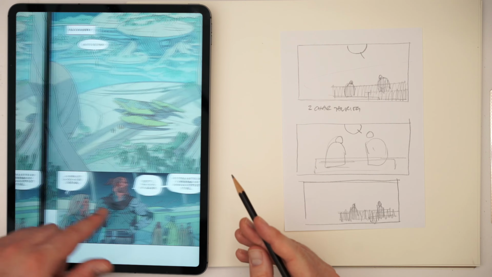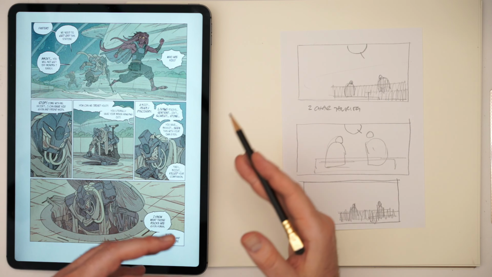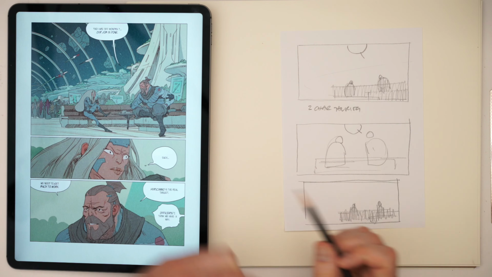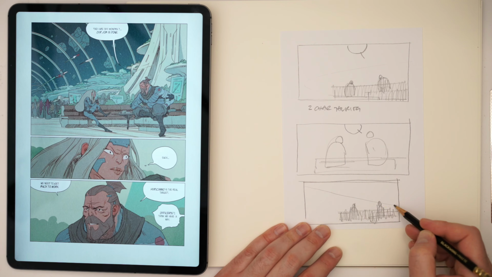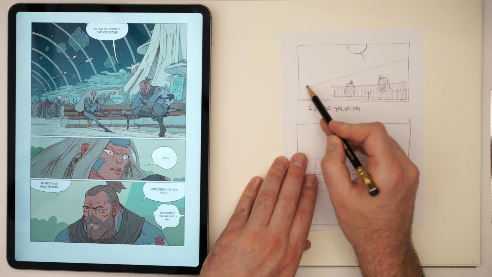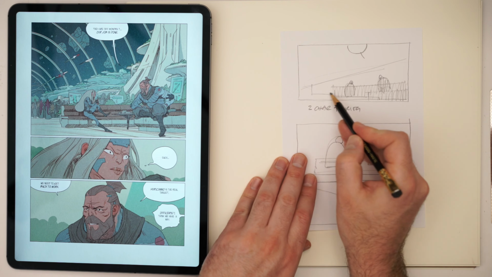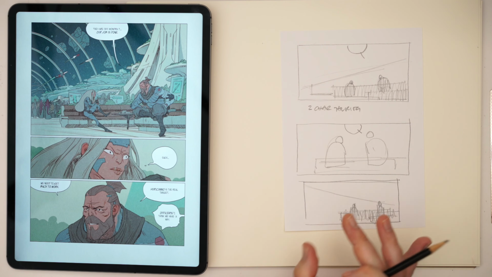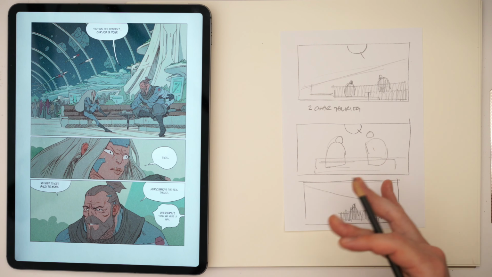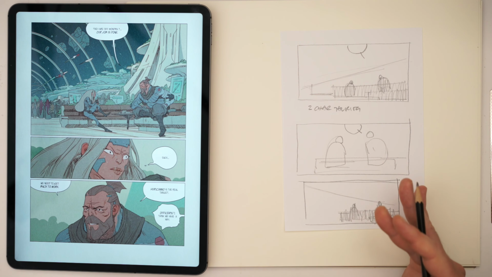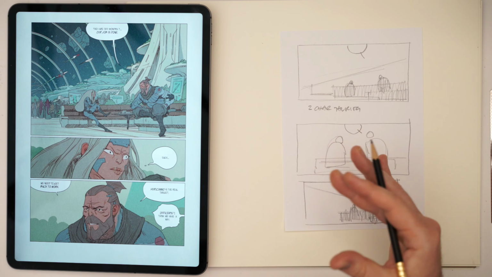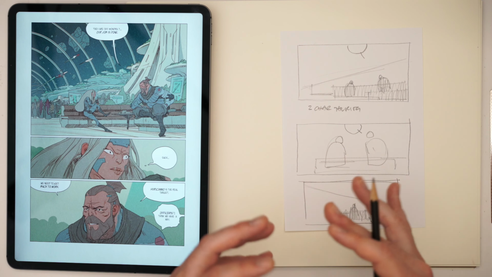Now, I guess the first question is, which way are we looking at it from? Are we looking down this way, or are we looking that way? So I could easily frame it in this direction as well, but in this case, I went for this general compositional look. Now, this is where often, in the beginning of my artistic journey, I would worry about what is the correct angle to place the camera at, and where would the perspective be?